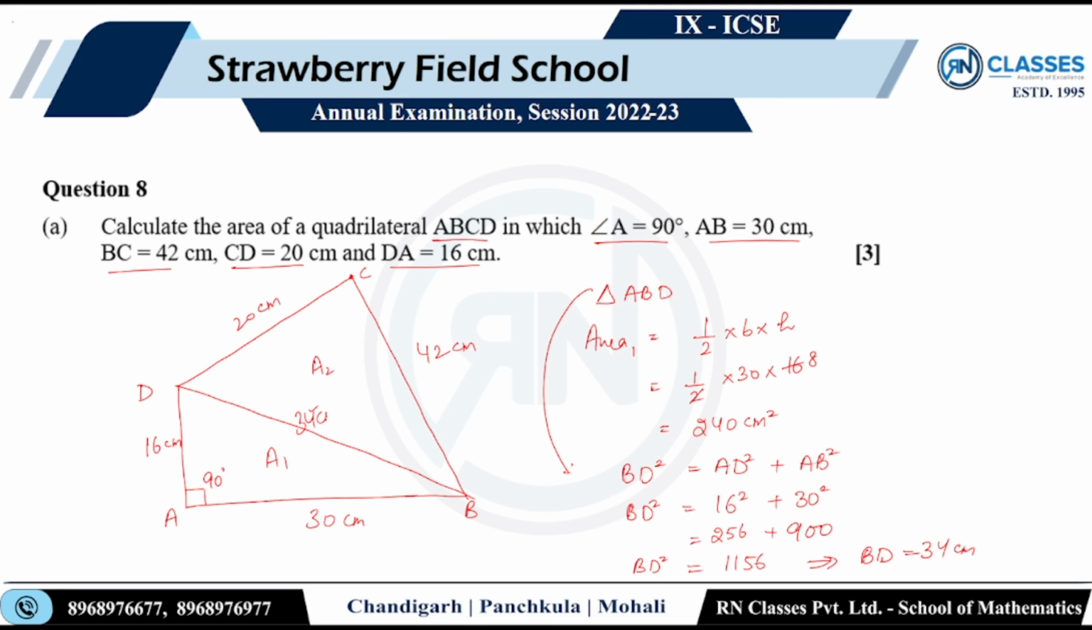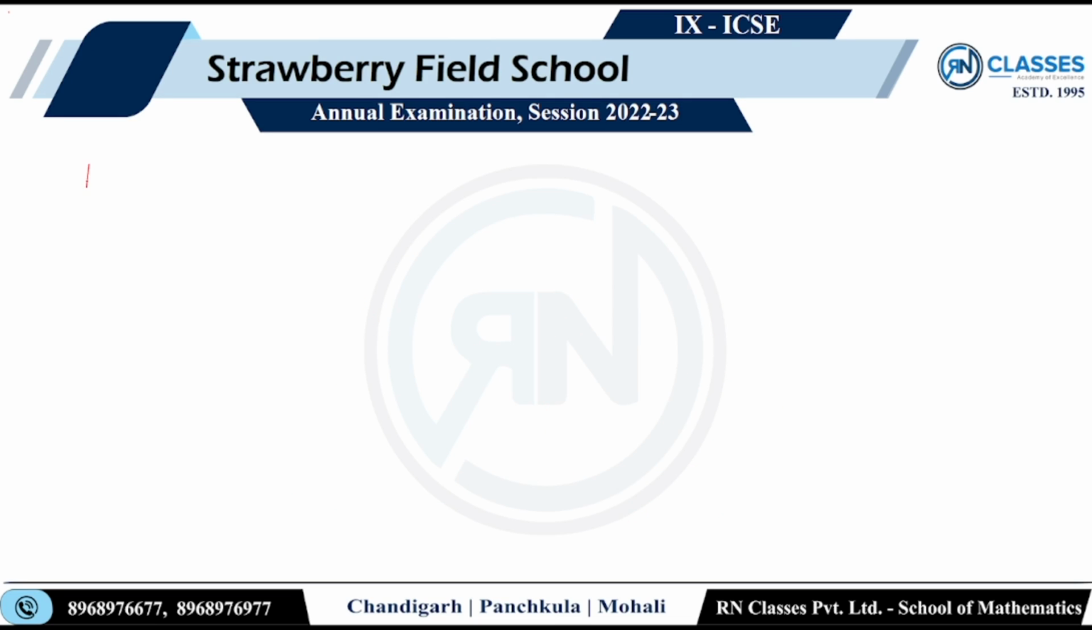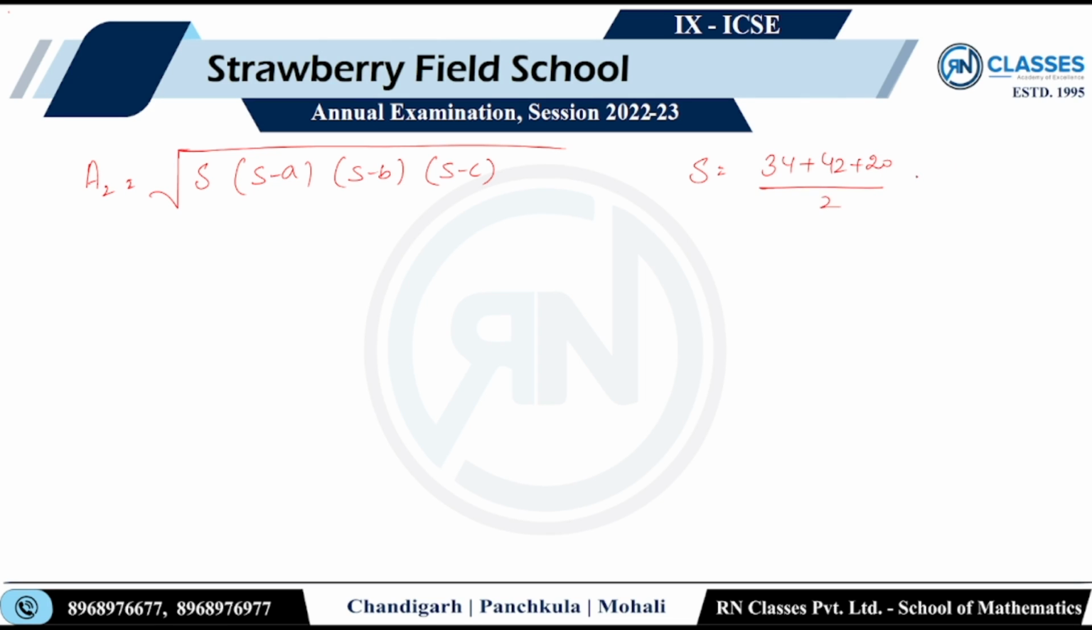Now I have 34 centimeters. Now, what will we use here for A2? Heron's formula. A2 is equal to under root of s(s minus a)(s minus b)(s minus c), right? So what will be the value of s? 34 plus 42 plus 20 divided by 2, which is 96 by 2, which is nothing but 48. So A2